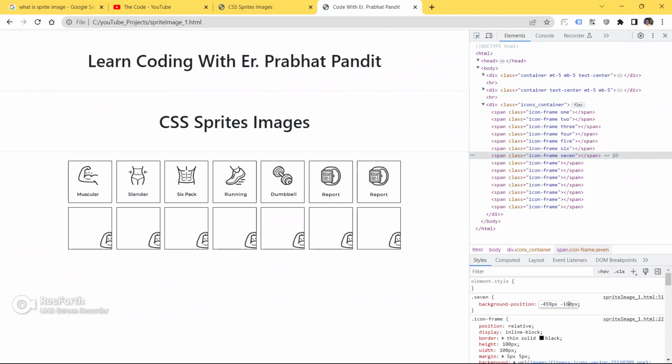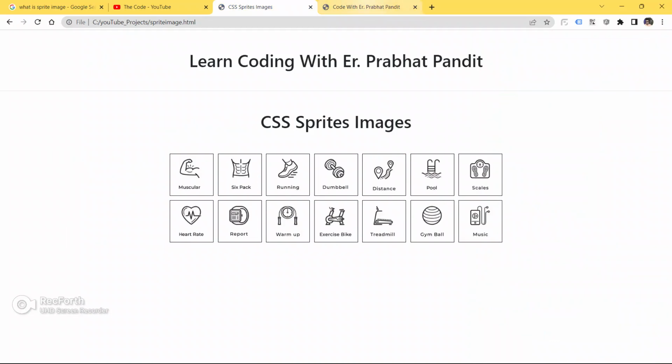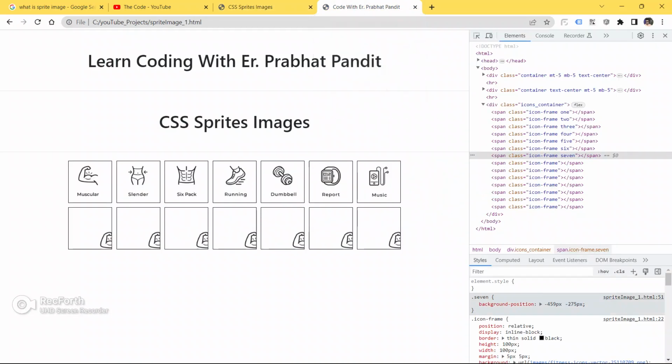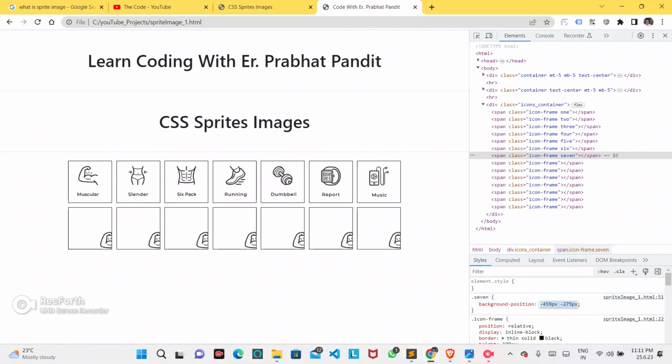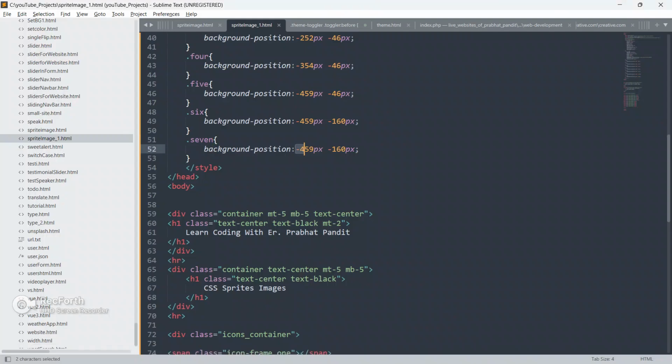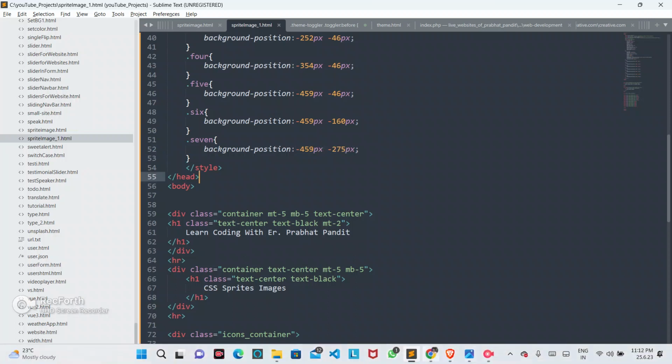So now we have to change this image also. We got the iPad or music. Okay, so copy this from here and paste inside the class 7 in the CSS.